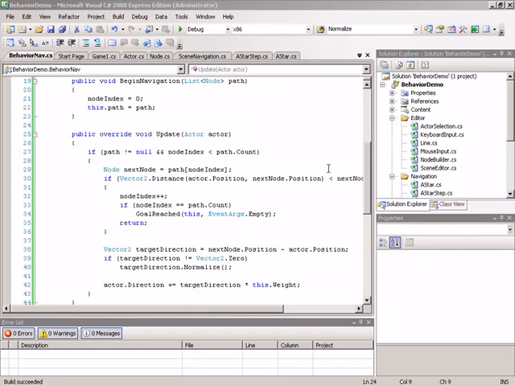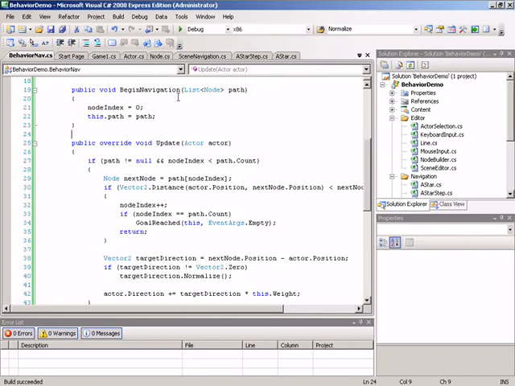Alright, in this video it is time to employ our new behavior nav class. In this video we're going to set up a scenario where we have an actor that we're going to use like an AI bot, and we are going to have that actor navigate using the node network by employing a behavior navigation class. So to get started, we need to switch over to our scene editor,